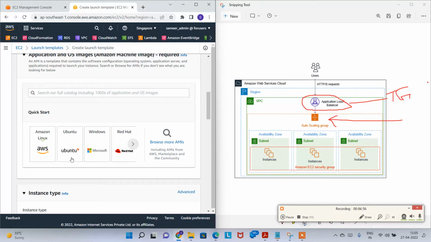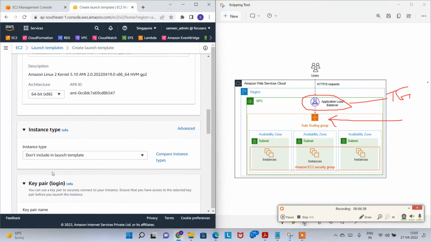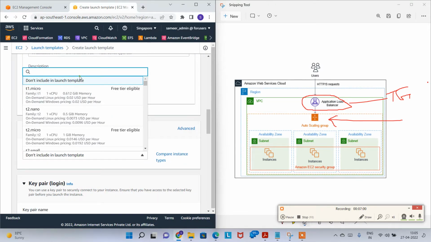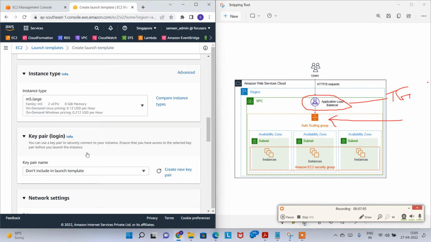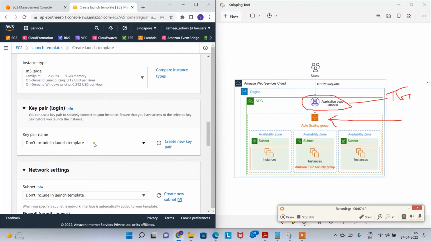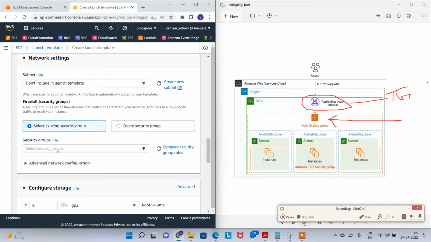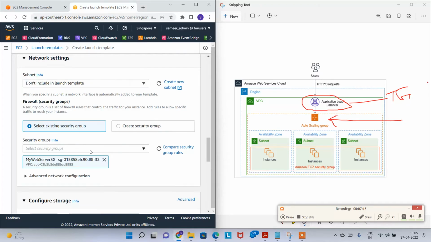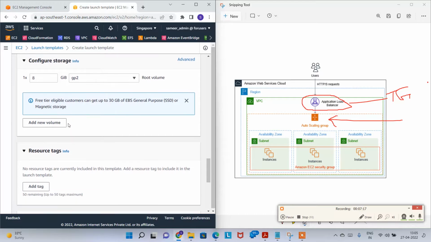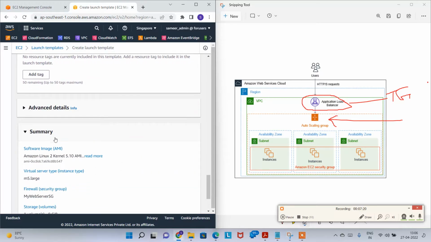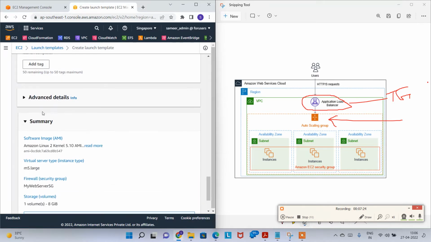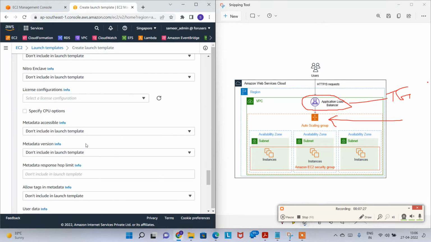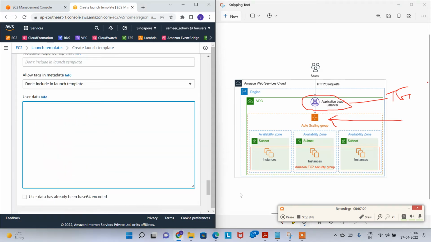Scroll down and I'm going to choose Amazon Linux version 2 AMI. For the instance type, I'm going to choose something new, M5.large, but for you guys, make sure that you use T2.micro. Now don't include in launch template. In the network settings, I'm going to choose an existing security group, my web server SG. These are all the things that are there. Resource tags. In the advanced details, if you scroll down, we need to add the bootstrapping script,